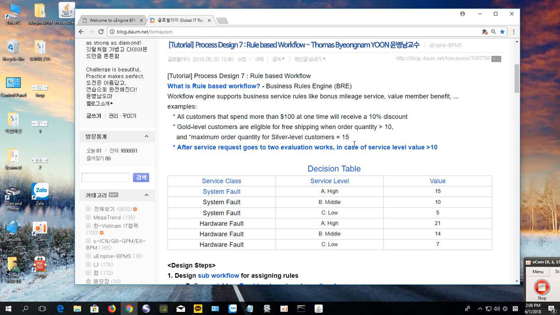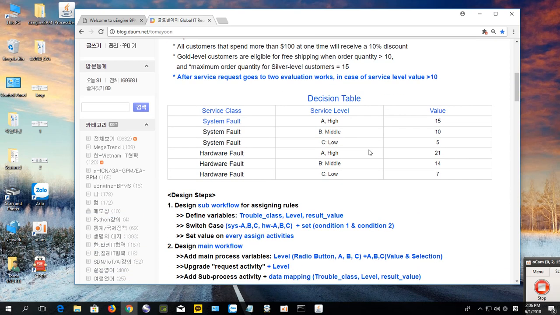So for our tutorials, we assumed some rule like this. There is some service request that goes to 2 evaluation works in case the service level value is more than 10. For instance,